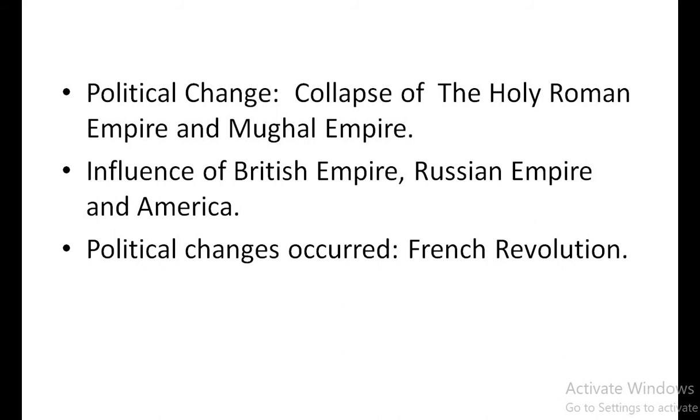So what type of influence did the British Empire have? The British had colonies in almost four continents of the world, where they had an impact on the culture, on the language of those areas, on the people in general, and they were actually made slaves. So these are the impacts of such changes on the minds of the people that we read in post-colonial literature. We will be studying it later on.